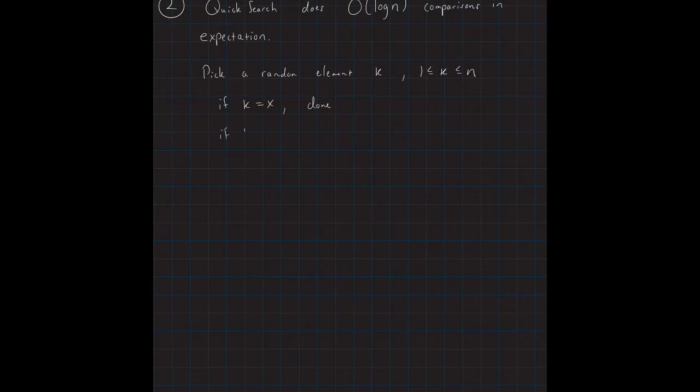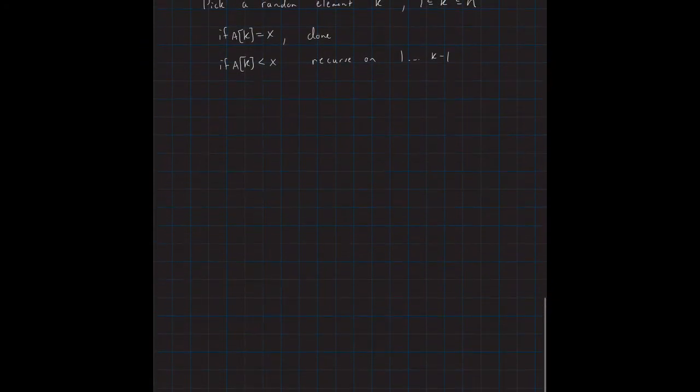Otherwise, if k is less than x, we want to check the left part of the array, so we recurse on 1 through k minus 1. Specifically, this is a of k, because we're looking at indices. Otherwise, a of k is greater than x, in which case we recurse on k plus 1 through